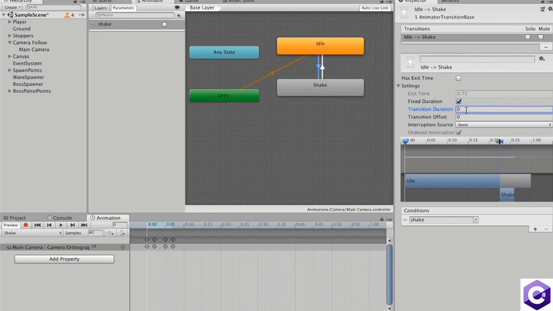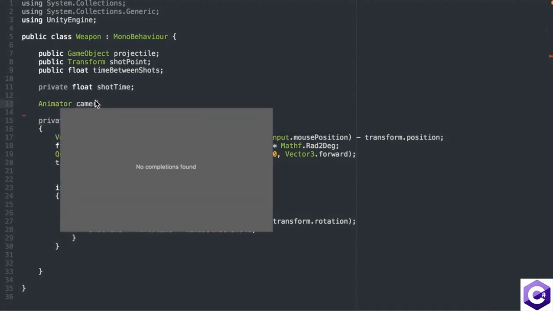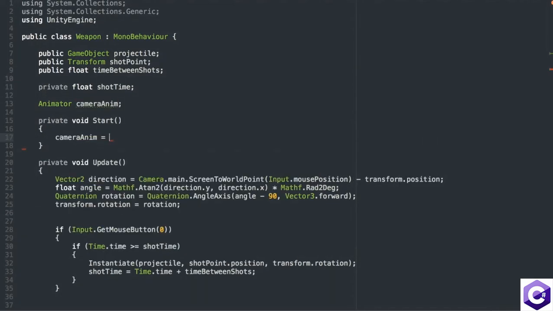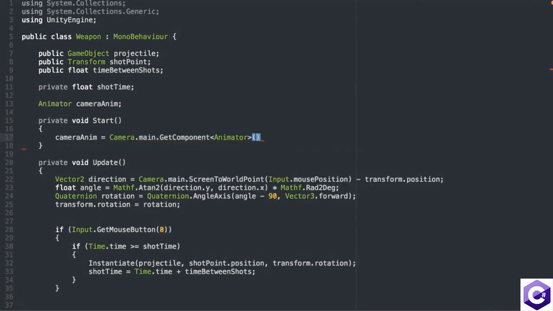The last step is to call the animation from our script. So I want some camera shake when the player shoots a projectile. So I'll go inside of the weapon script. In here I will create a private animator variable called cameraAnim. Then inside of the start function, I'll set the variable to be equal to Camera.main.GetComponent<Animator>. So Camera.main will return the camera in the scene, and then we are fetching the animator component that is